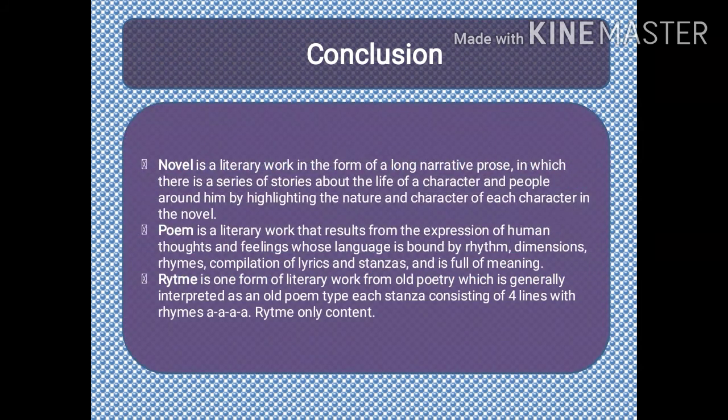And last, conclusions. Novel is a literary work in the form of a long narrative. There is a series of stories about the life of a character and people around him by highlighting the nature and character of each character in the novel. Poem is a literary work that results from the expression of humans' thoughts and feelings whose language is bound by rhythm, dimension,